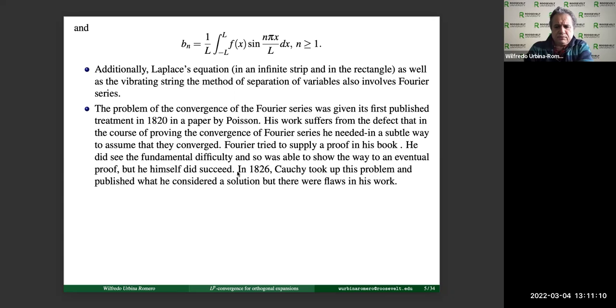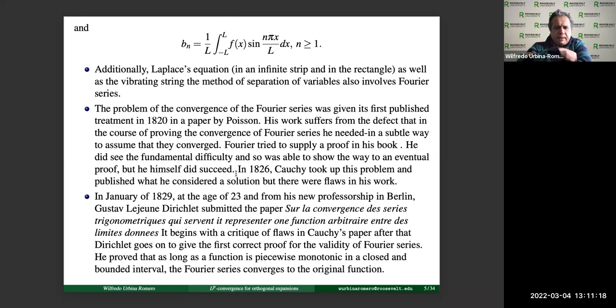Cauchy also tried to prove it, also with certain errors. And then finally in 1829 Gustav Lejeune Dirichlet got a proof, which is essentially what we can find, for instance, in a PDE book, for a function that is